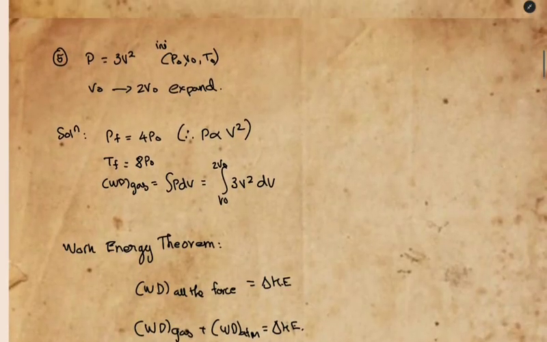Okay, and what about this? Initial is given as P naught, V naught, T naught. This is the question where what I said. Fine. So P is given as 3V square, right? Okay, final pressure will be equal to 4 P naught. How am I saying this? Just apply the value of 2 V naught inside this equation. So what will you get? 4, right? Because V square,